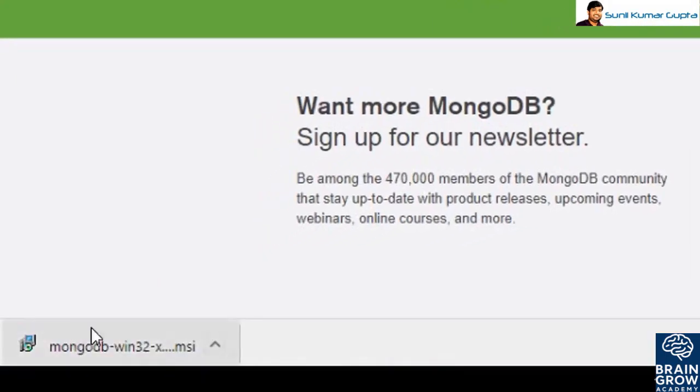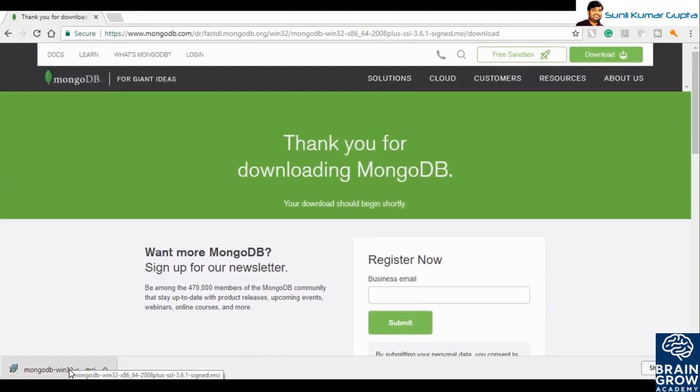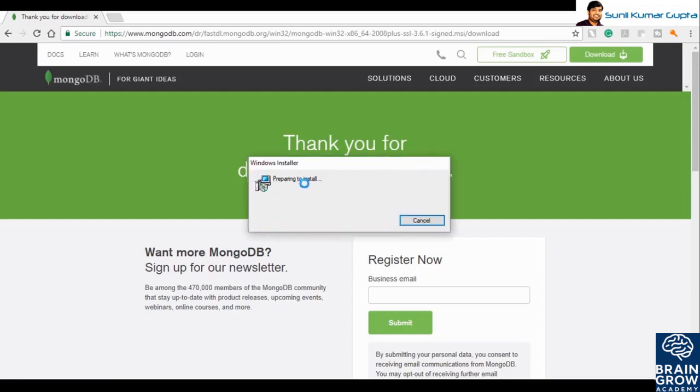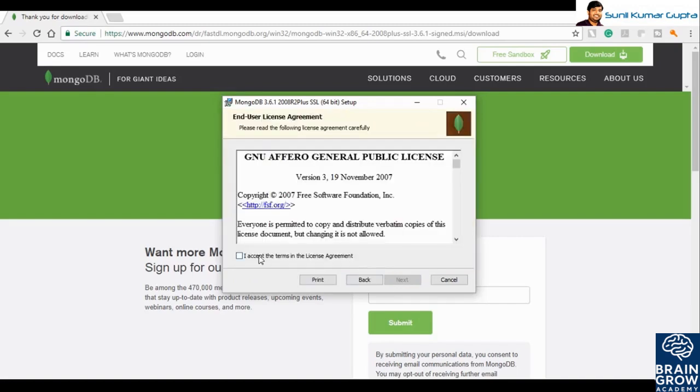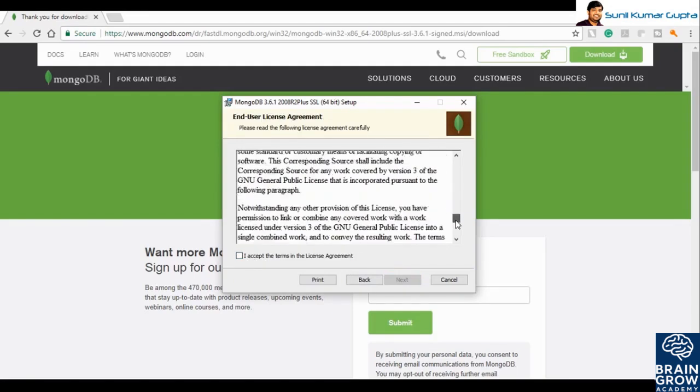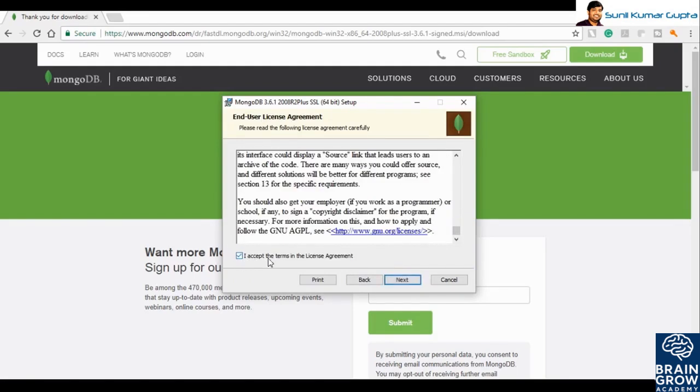See here, now the mongodb.msi file has been downloaded. What we can do is double click on this file, and it will open and prompt you to install MongoDB on your machine. See here, now the installation process has started, and the MongoDB 3.6 64-bit setup is started. Click on next, then read the license agreement and click on I accept and